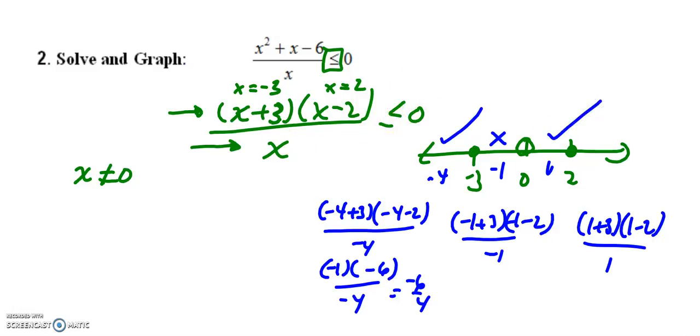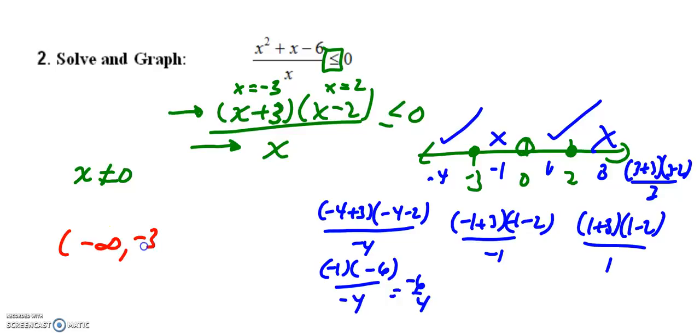And I'll pick 3 as my number in this interval, and that would be 3 plus 3, 3 minus 2 over 3. Positive, positive, and positive is going to be a positive number, which is not what we want, so that interval does not work either. So it looks like my final answer in interval notation would be from negative infinity to